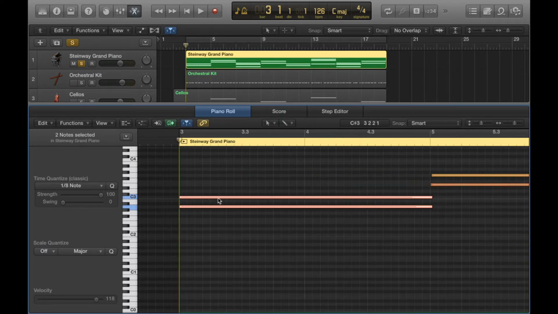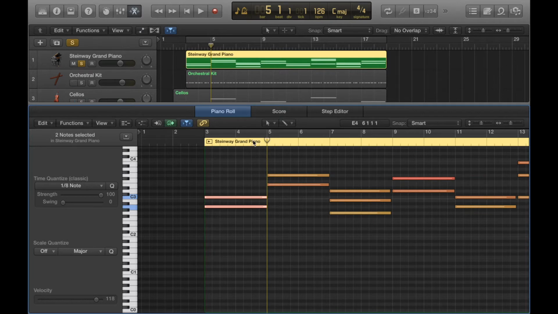So if I played something ever so slightly before the beat, or after the beat, I can make it so that all of the notes are right on the beat, so they're perfectly in time. So for example, initially when I played this second chord here, it might look like I played it in time and on the beat when I zoom out like that. But if I go and zoom in,